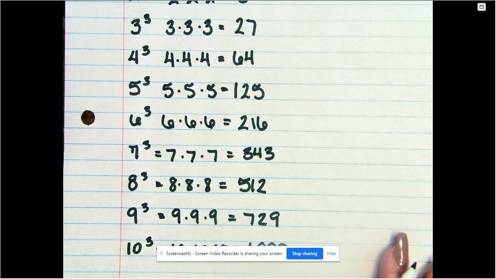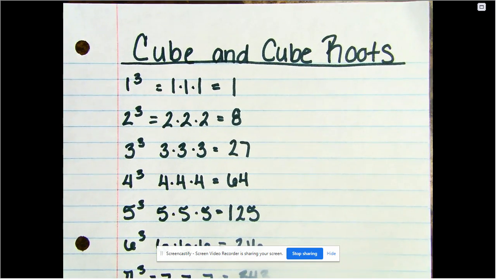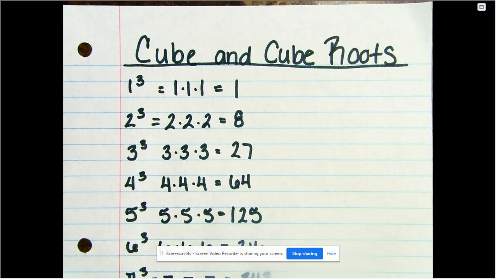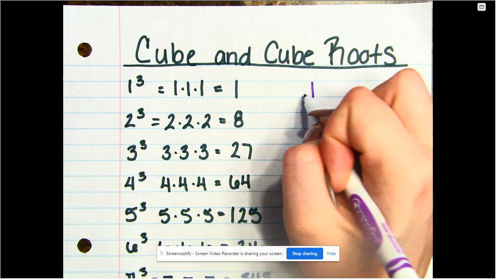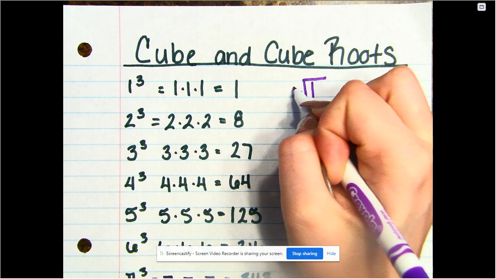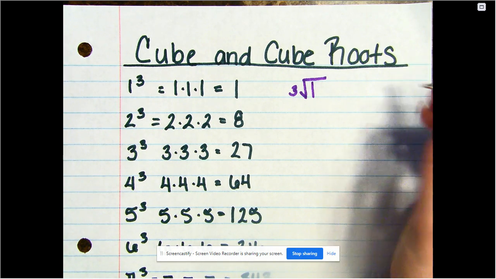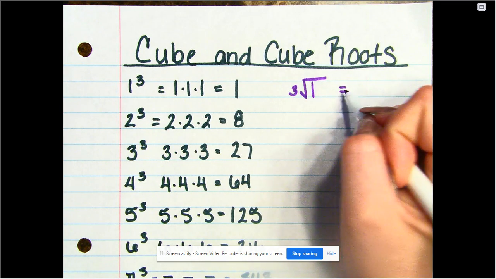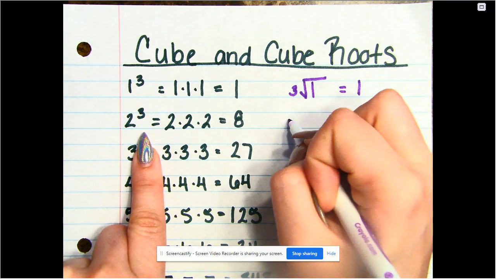Okay, so also with the cubes and cube roots, the cube root is also going to be the inverse of cubing something, just like square root was the opposite of squaring something. So if I have the number 1, okay, and the cube root sign looks a little different, so you still have the radical, but we're going to put a 3 on the outside to let you know that you're taking the cube root of that number. Okay, so the cube root of 1 is 1. The cube root